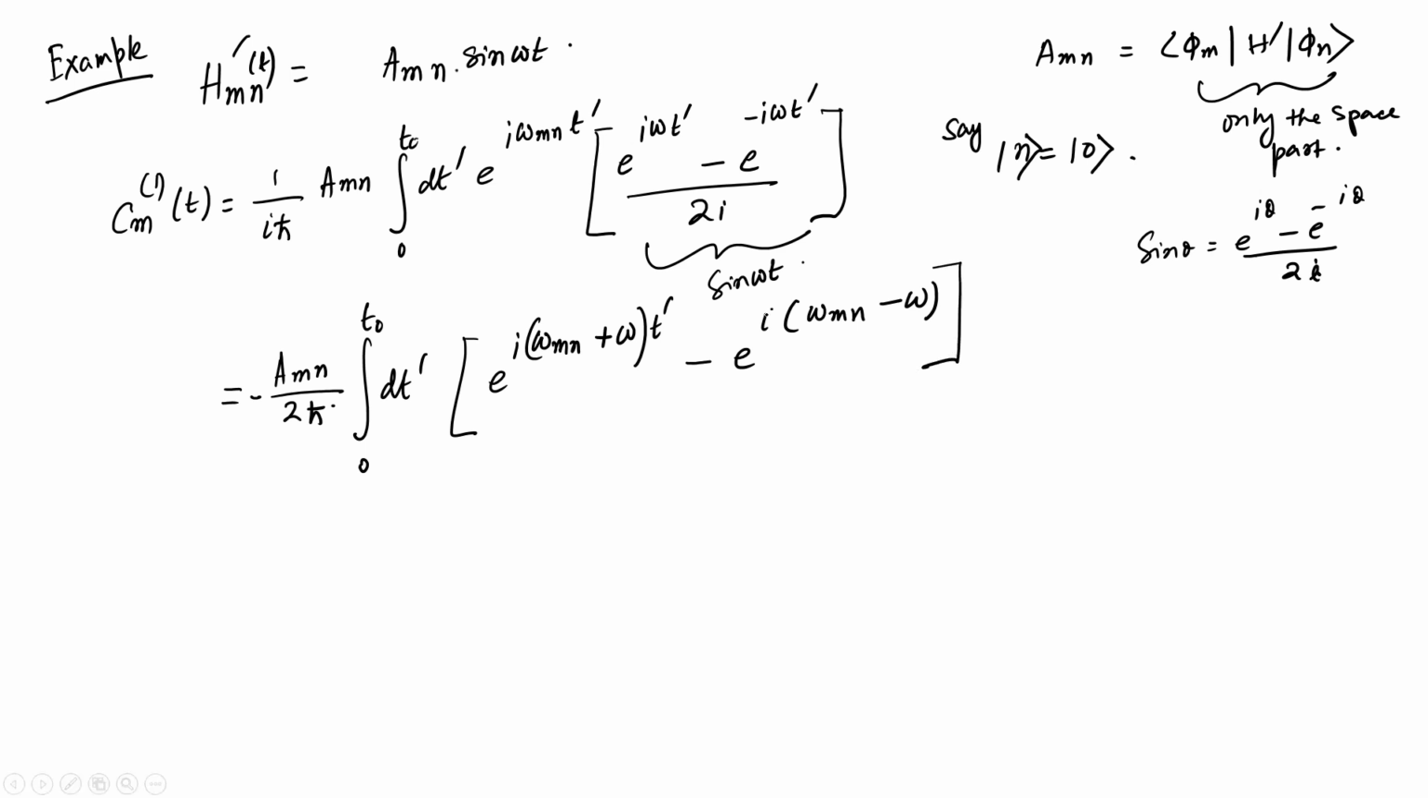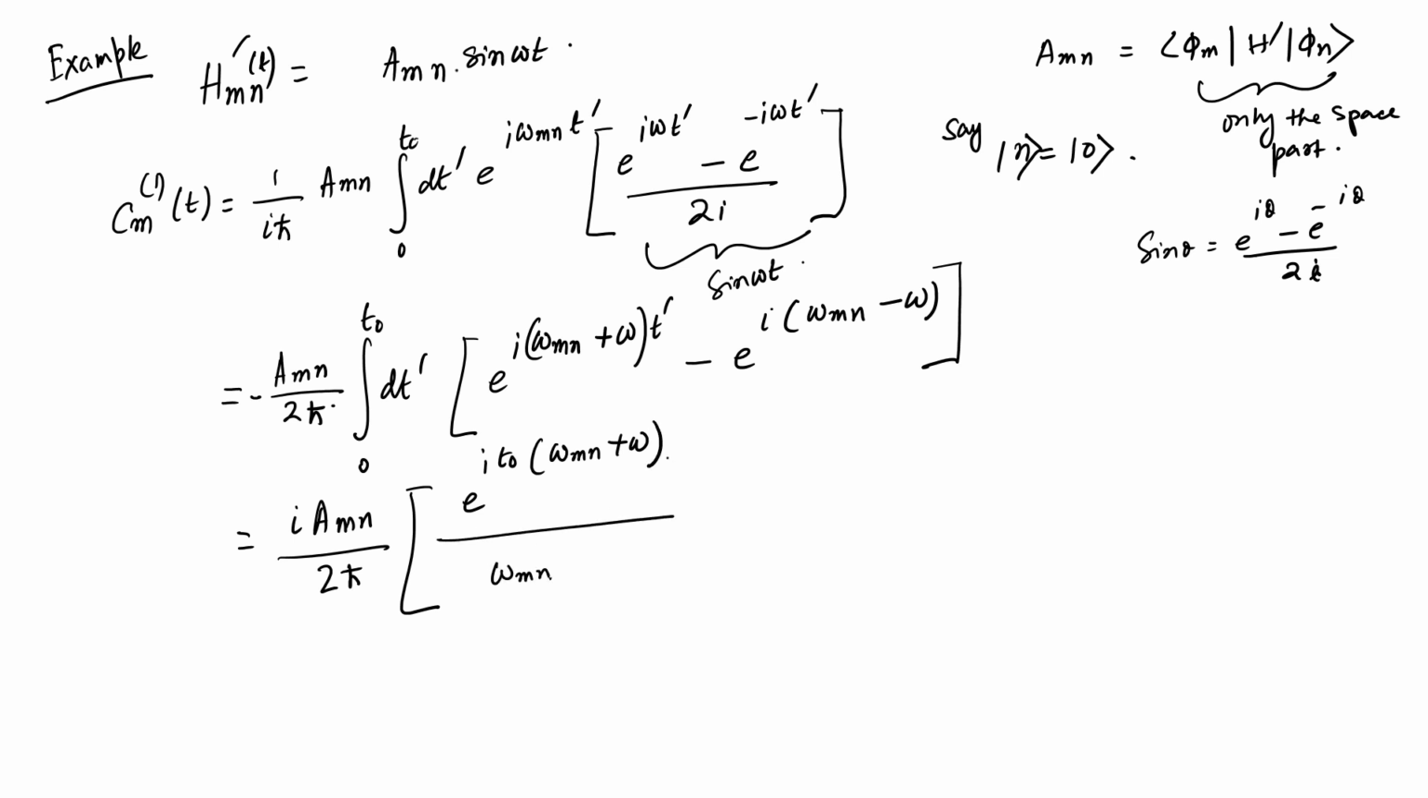So, that is the term that we have, and we can integrate this, and what we get is this: i a_mn divided by 2 h cross, and we have exponential i t_0 (omega_mn plus omega) divided by (omega_mn plus omega), minus exponential i t_0 (omega_mn minus omega), divided by